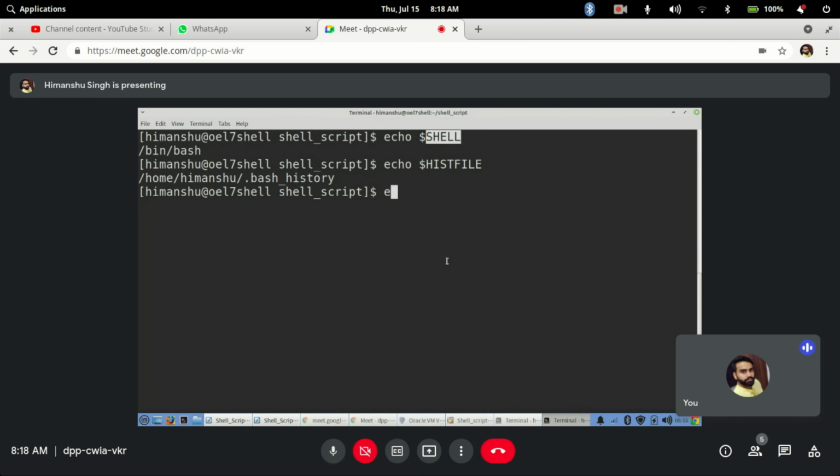run a simple command, env. What will it say? Environment variables. So those are the inbuilt variables, and we also call them environment variables. Based on that, we create environment files. These are environment variables that are inbuilt in the system, that I have not defined, that are by default in the bash system. I will enter env.